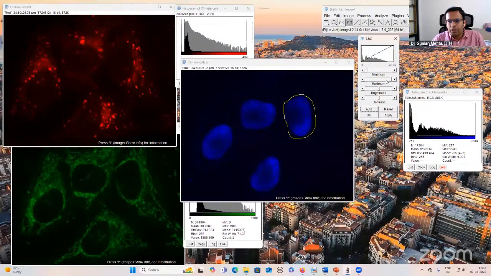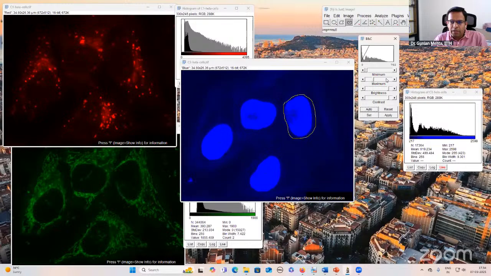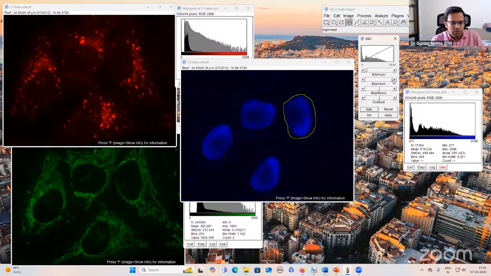Okay. But by doing this, I am asking the software to show me all the pixels which are between 0 to 983 gray levels, right? And that's why the software is showing me all such pixels. Okay. So by doing this, the pixel intensity value of the image will not change. So whatever fluorescence intensity you have measured for this nuclei, by keeping it like this or by keeping it like this, it will be the same. Okay, there won't be any difference in the actual fluorescence intensity. And this is perfectly fine for your publication purpose.